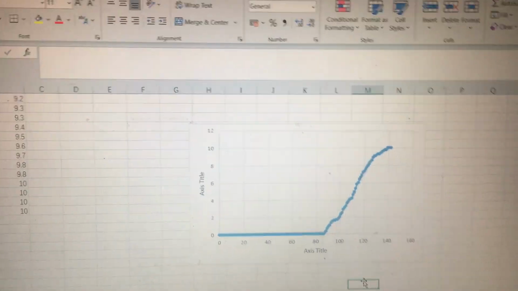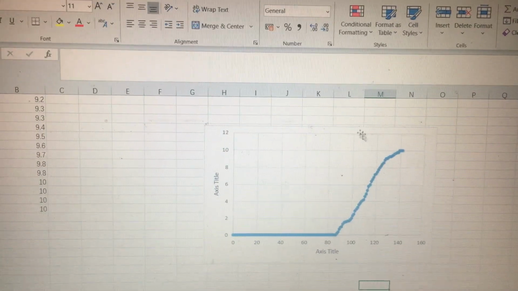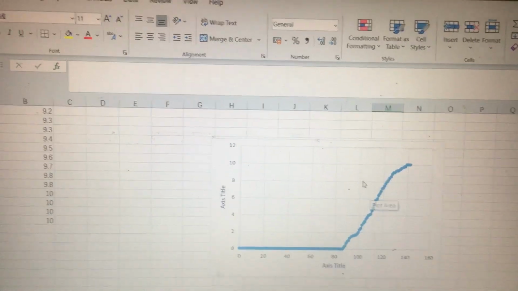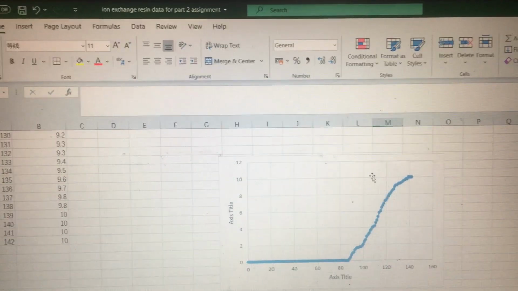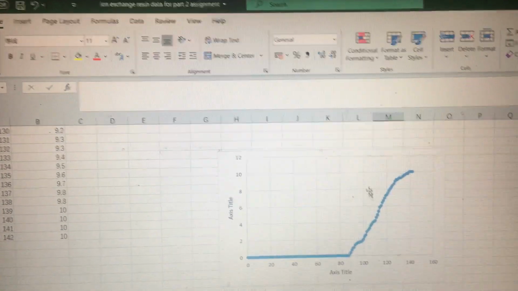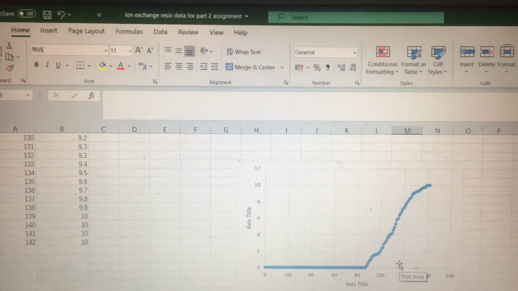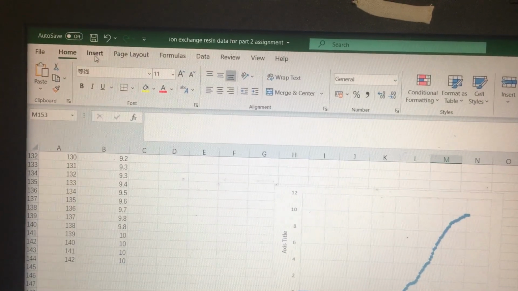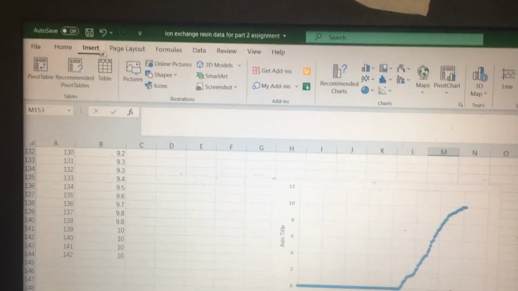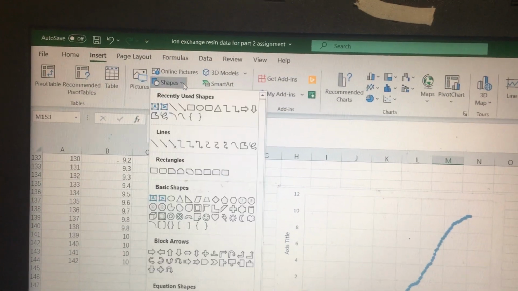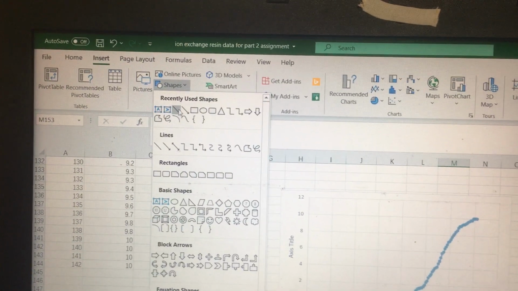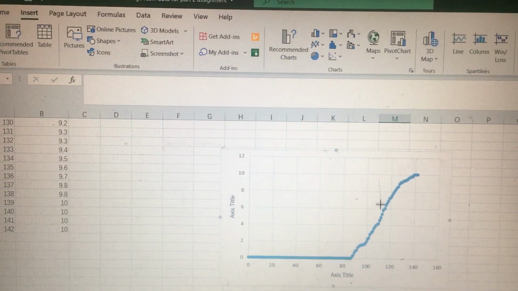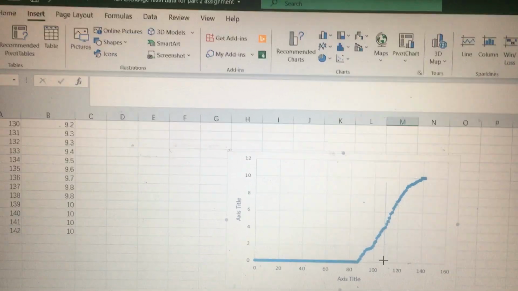The next thing you need to do is, if there's no printer at home, you cannot use a ruler and a printed curve to find the equilibrium time. I will introduce another way: choose Insert here, the Shape function. We use the straight line. We draw a straight line to represent the ruler,